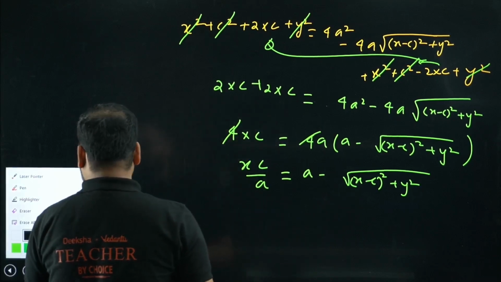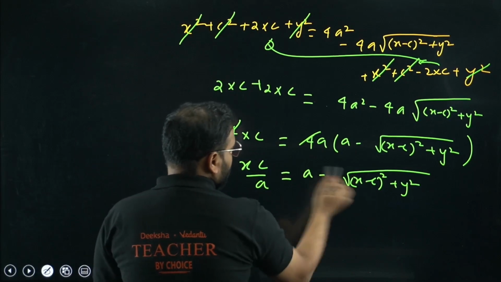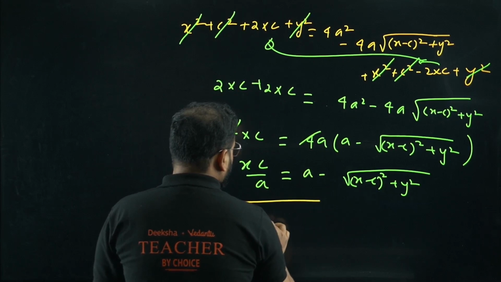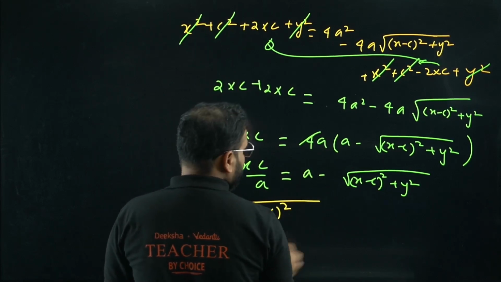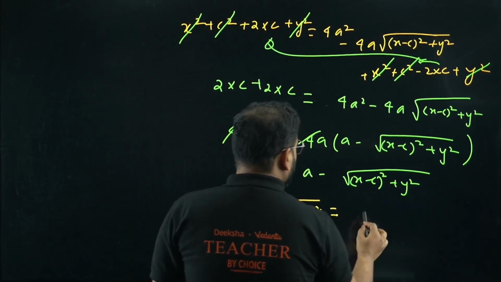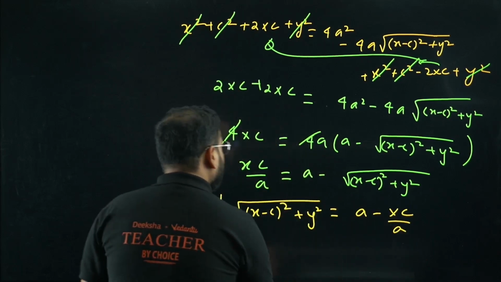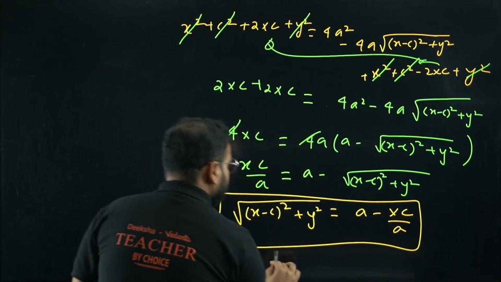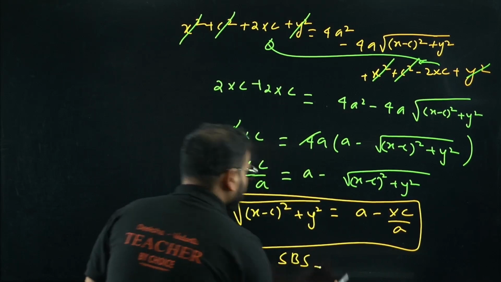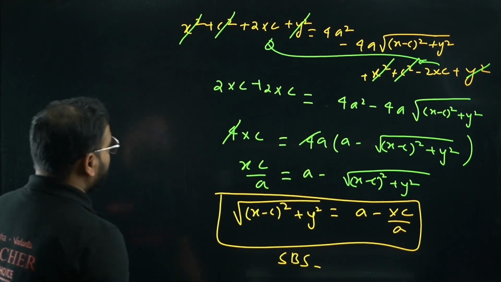What I have so far is now, please check. I can take this root to one side: x minus c the whole square plus y square, positive I'll take, and this will become a minus xc by a. Do one thing, from here I'll tell you, square both sides again. Square both sides again. You're gonna get this as